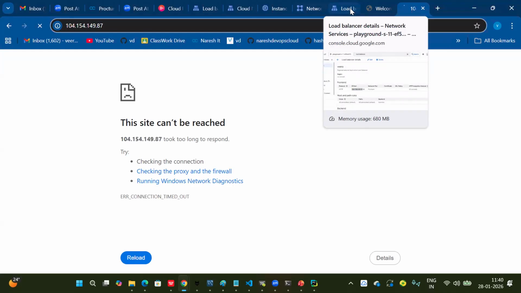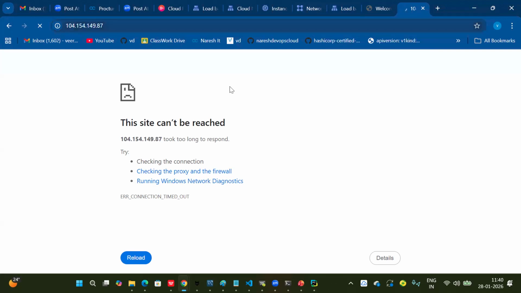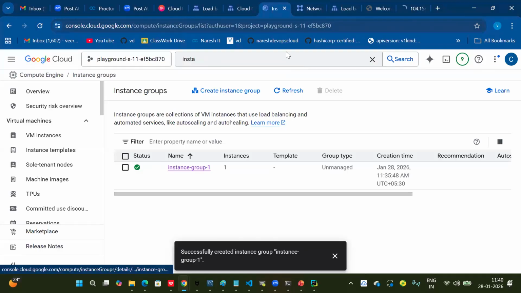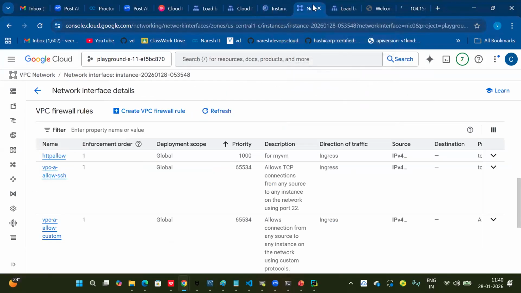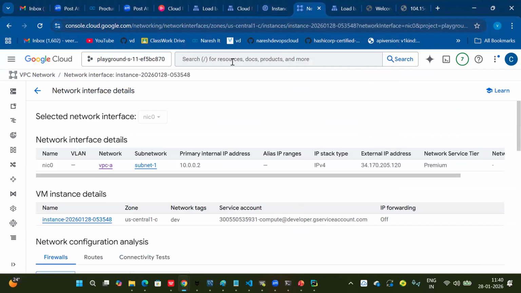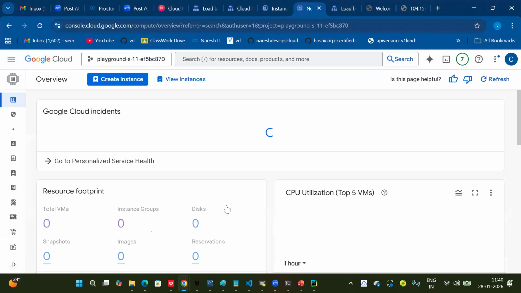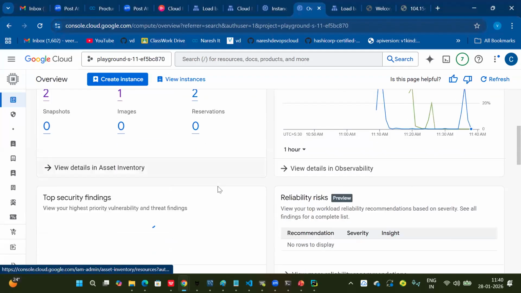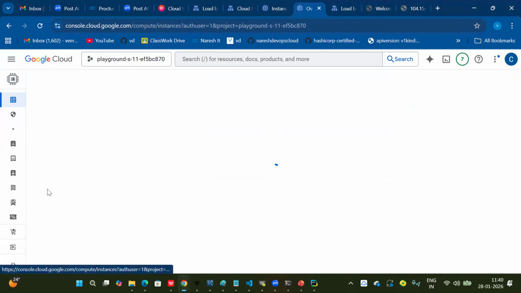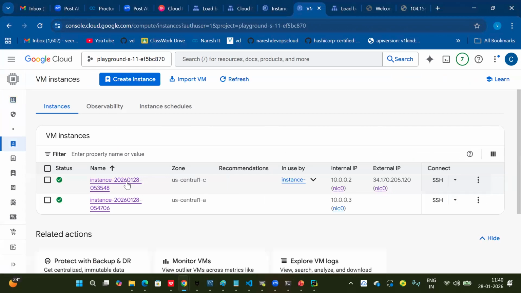Why are we unable to access? One issue is there. Let's go to the server. Inside the instance group, which server is there? One VM, okay? For this VM, we have to check the firewall, right? So in these two instances, this instance,